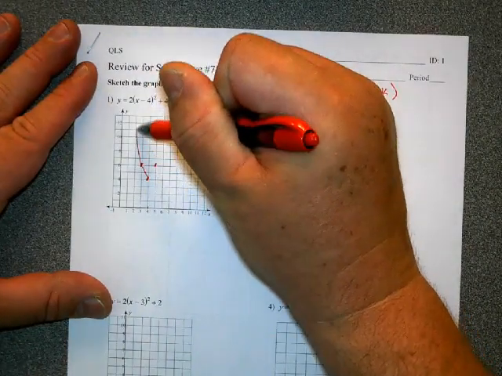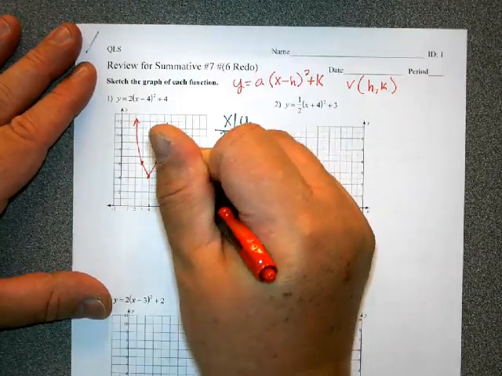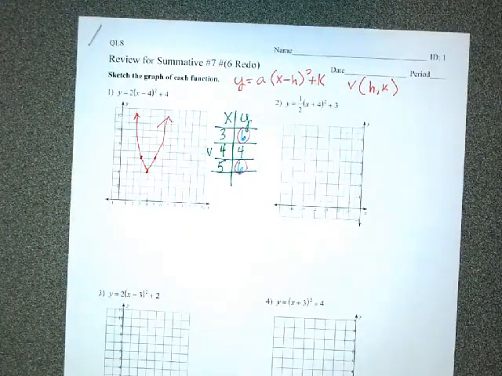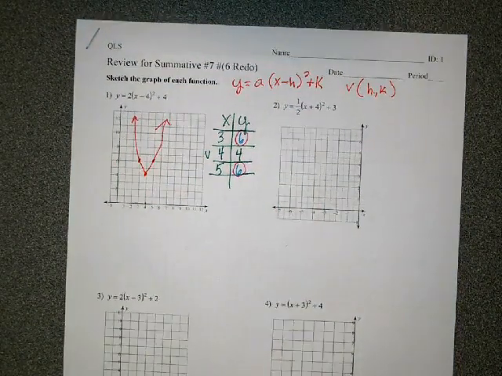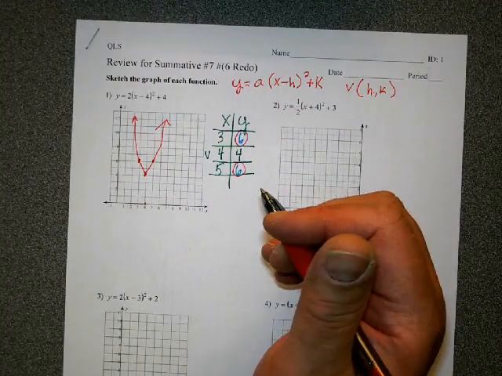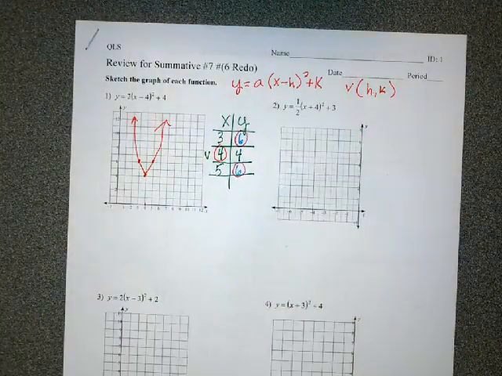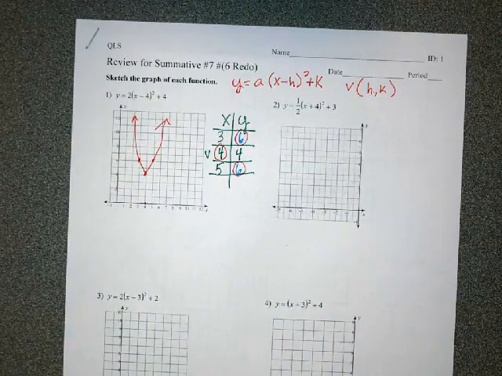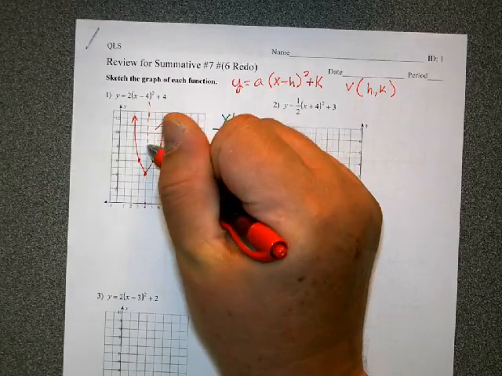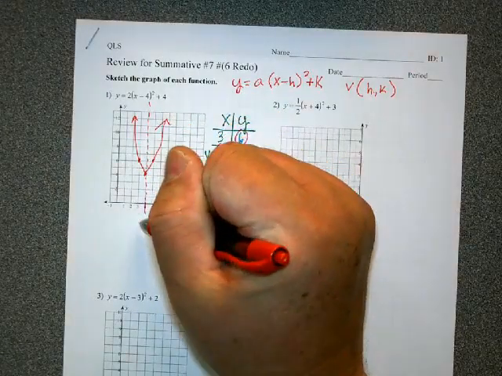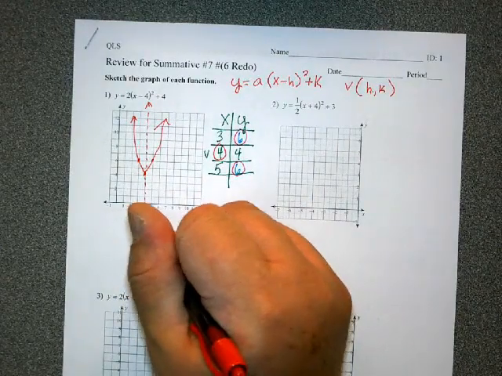Okay. Then it says you're going to have to label the axis of symmetry. The axis of symmetry, or the line of symmetry, is nothing more than the x coordinate of the vertex. If you want to go ahead and put it on there, there's my line of symmetry, or axis of symmetry, at x equal 4. Or you can just write it out. Axis of symmetry